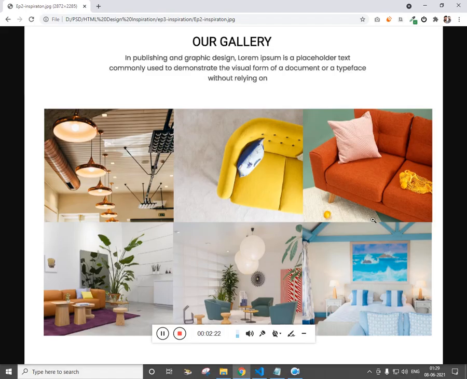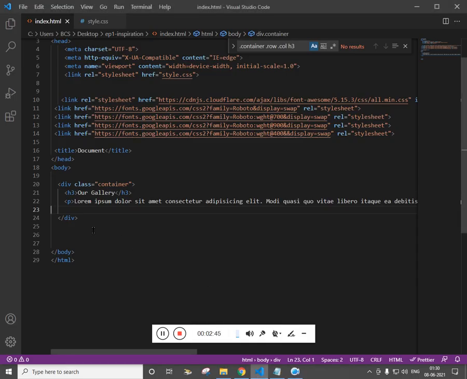And here is a trick. Now if you see, we have padding on the left and right. There are 2 things that we can do. Either we will place a div, and inside the div we will have the paragraph, so that we can have padding on both the sides, or we will just directly add the paragraph and add the padding on both the sides. So I will go with the second option.